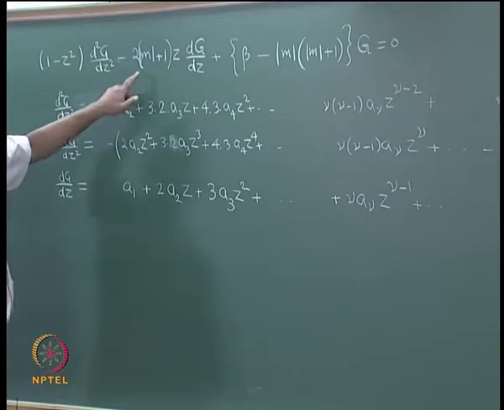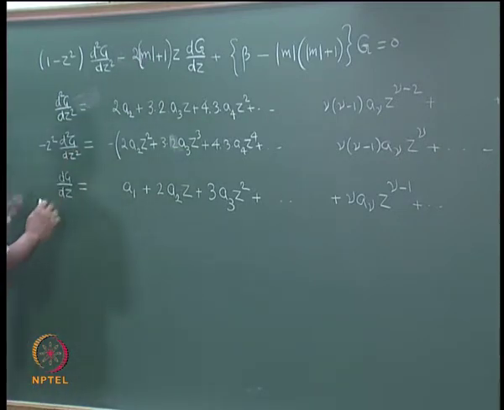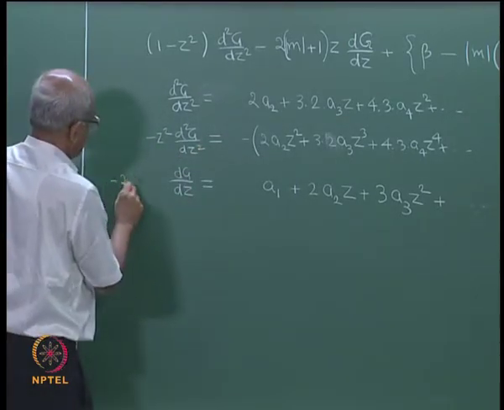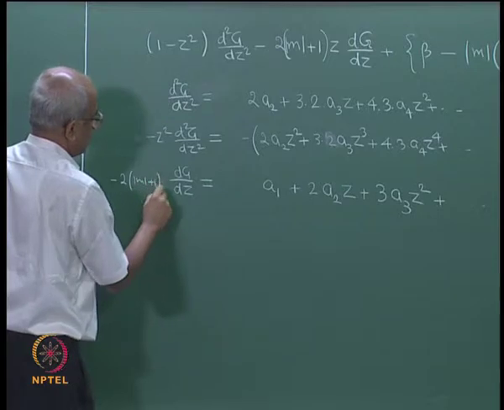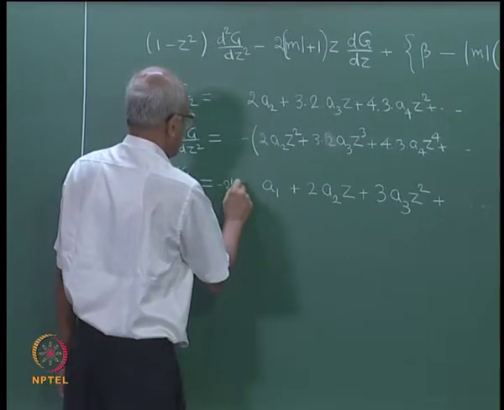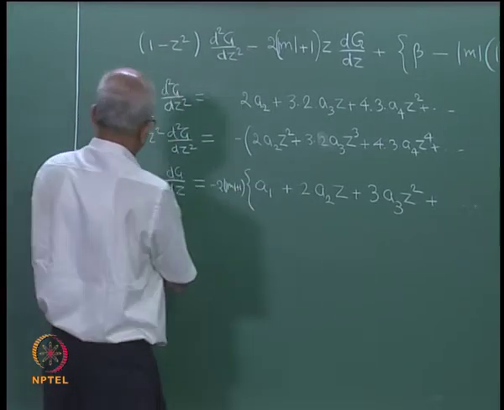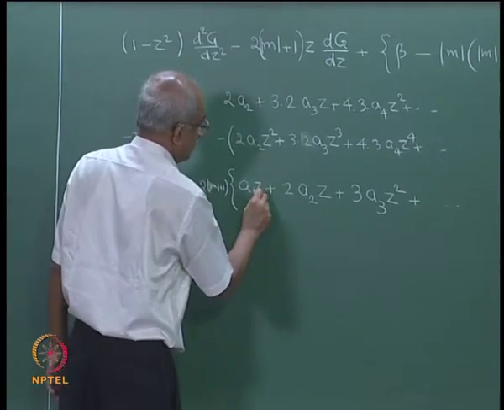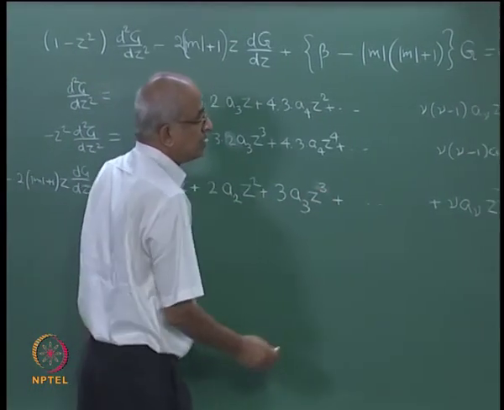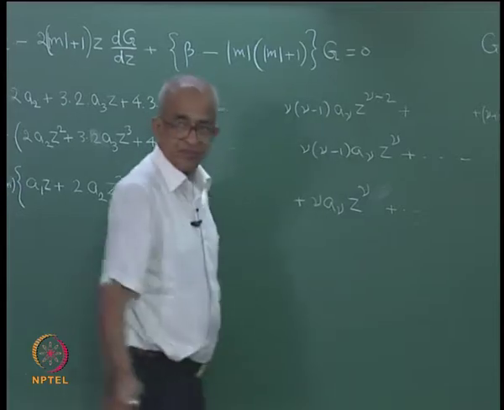So, that is fine. Then I need minus 2 times magnitude of m plus 1. So, let me just take this and multiply it by that term. Right. So, I am going to multiply by minus 2 into magnitude of m plus 1 into z. So, this minus 2 into m plus 1 I will keep outside, but the z I am going to take inside. So, I will have a z coming in here, this will become z square, this will become z cube, and the way I have written these things, you see this will become z to the power of nu plus etc.